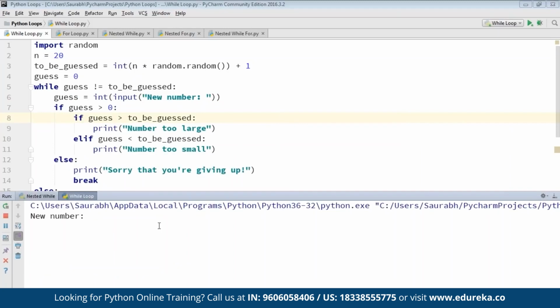It asks for a new number, so I'll just type in say 14. It says number is too large, so I'll type in 11. Again the number is too large, that means it is between 0 to 11. So how about 8 guys? Number is too small. So now as you can see, already 3 iterations have occurred, and for the 4th